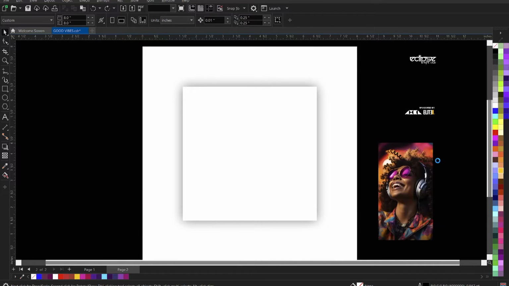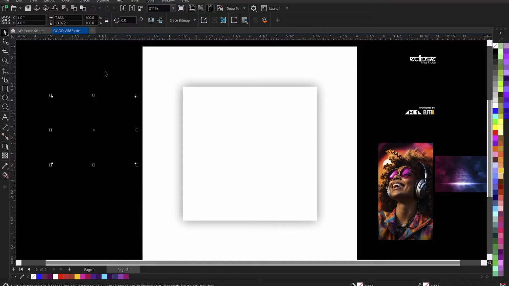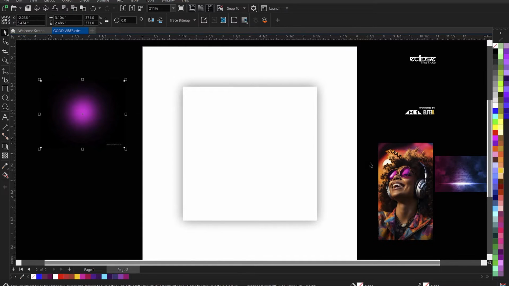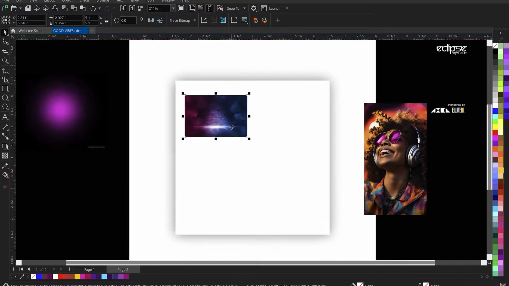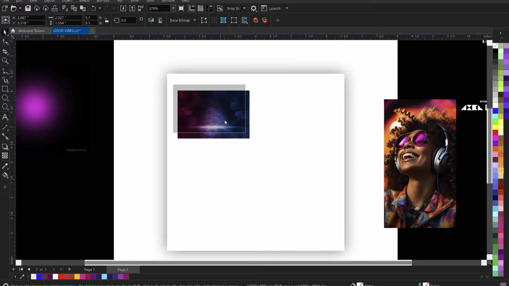So that is it, guys. We are importing just these three images, right? So you see what we have right now. The first thing we're going to bring in is this guy. We're going to bring this guy in like this,